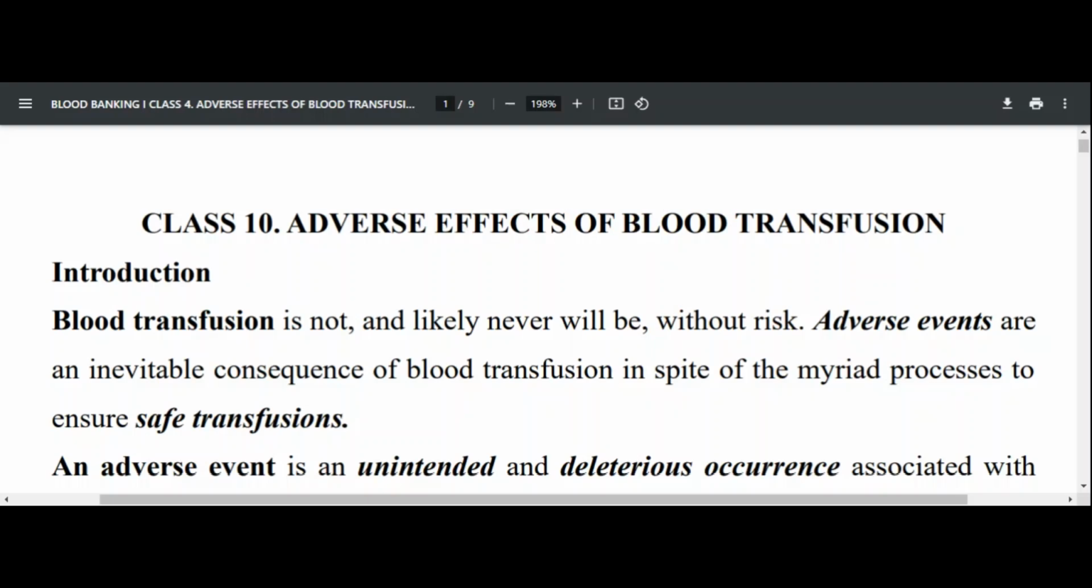Yes, adverse effects of blood transfusion is our topic today. Blood transfusion is not, and likely never will be, without risk. It always carries significant cost, because blood is also a drug, like a therapeutic drug. So adverse events are actually an inevitable consequence of blood transfusion, in spite of the myriad processes to ensure safe transfusions. Despite what we do to ensure that our blood unit is safe for the patient,